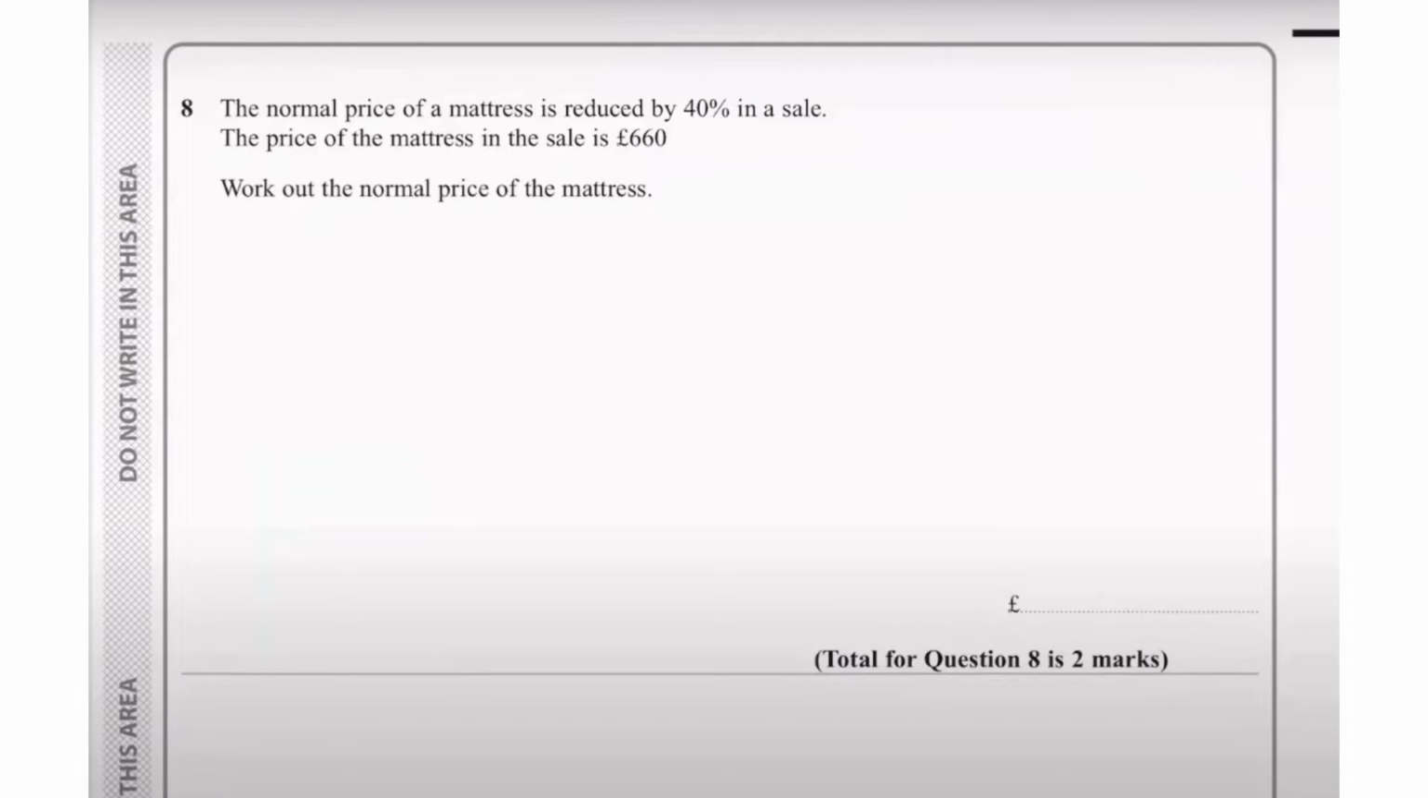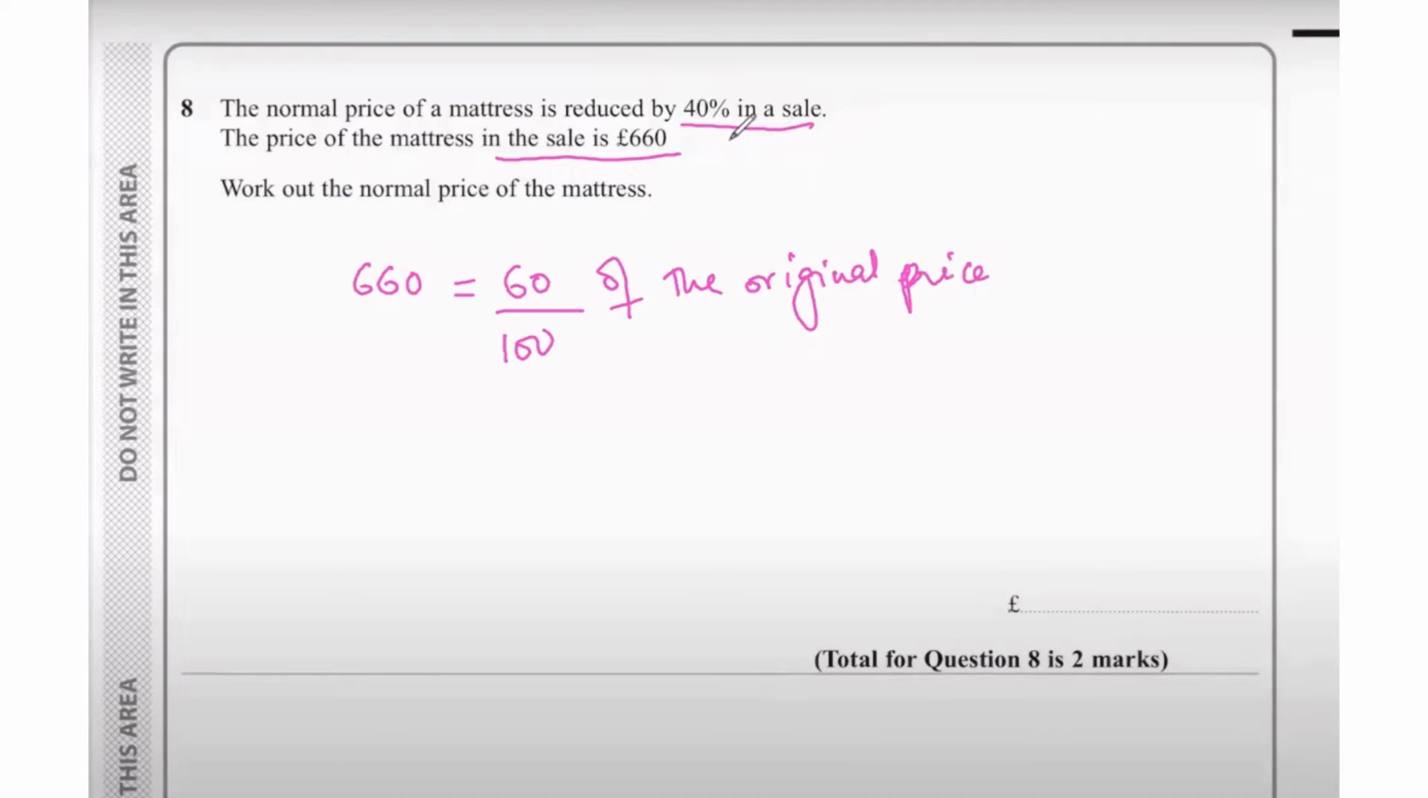The normal price of a mattress is reduced by 40% in a sale. The price of the mattress in the sale is 660 pounds. Work out the normal price of the mattress. So the normal price was reduced by 40%. The price of the mattress in the sale is 660, which means 660 is 60% of the original price. Since the price is being reduced by 40% and 660 is the sale price, that makes it 60% of